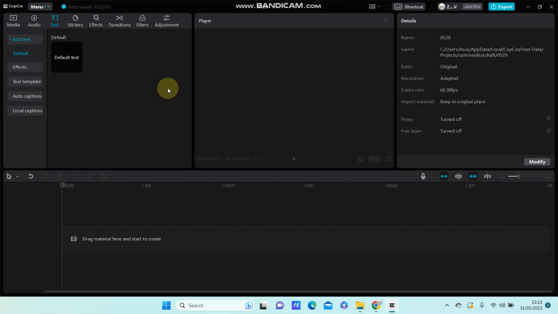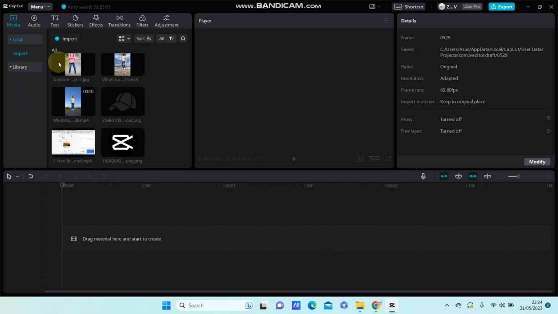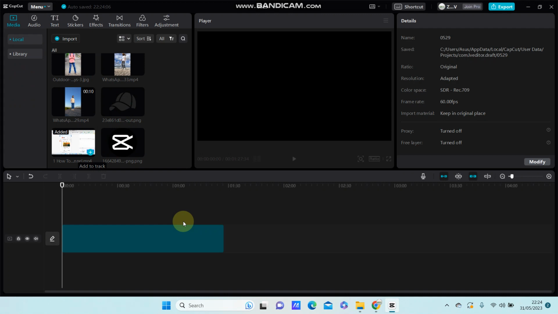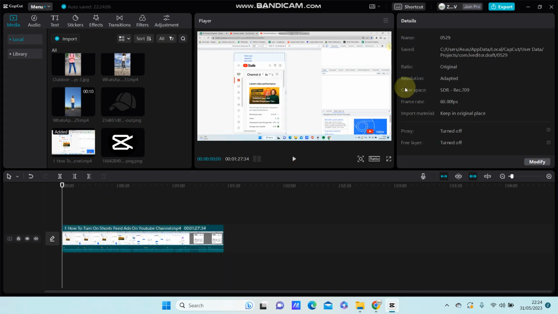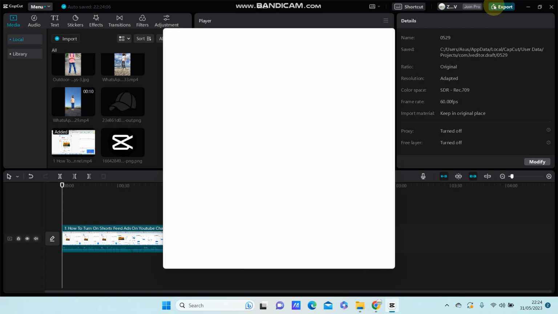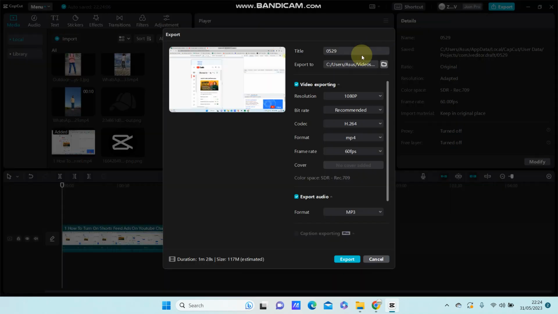Hello everyone, in this video I'm going to show you how you can change video resolution and frame rate in CapCut. Alright, after you finish editing the video, you are just going to export the video. Just click the export button in the top right corner. And you can find the resolution option and the frame rate. So you can change the resolution and frame rate